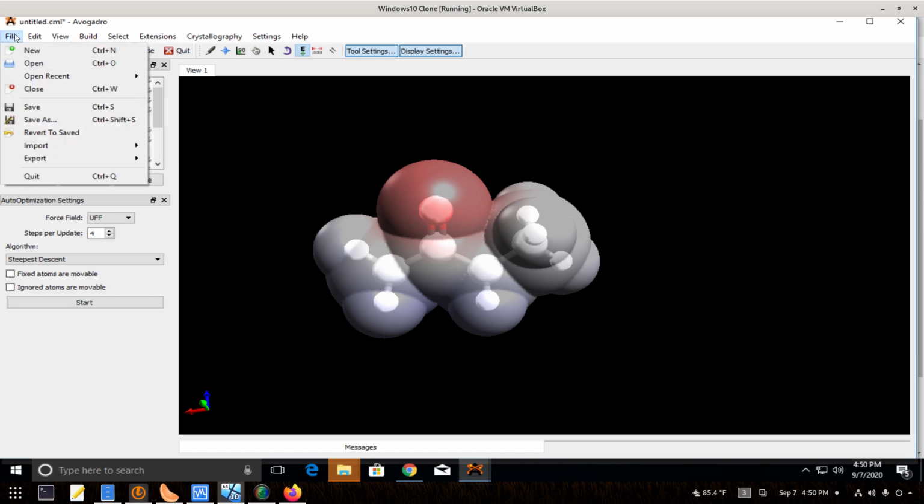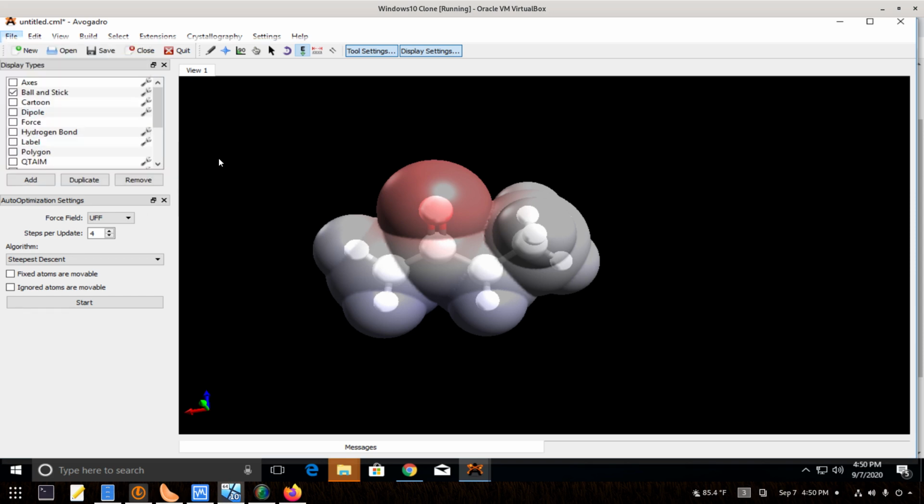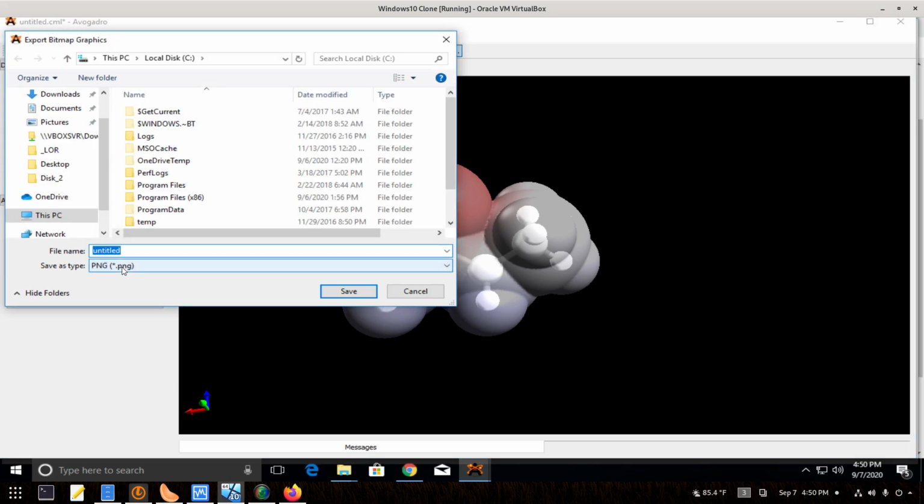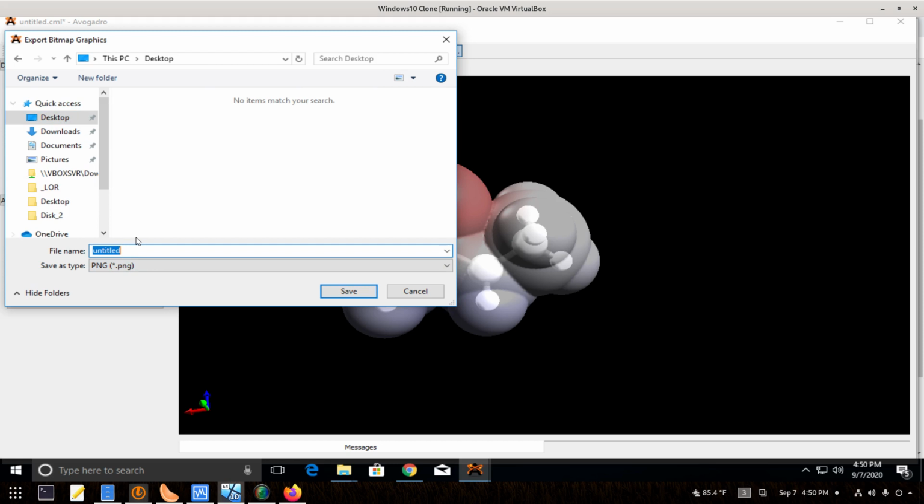And then you're just going to come up here and export graphics. It's going to choose a PNG. Just give it a name. I'm going to save this to my desktop. I'm going to call it 2-butanone. Actually, I'll call it what the lab sheet said: butan-2-